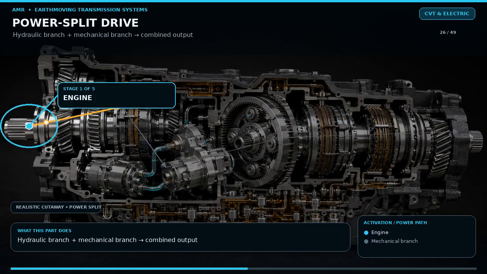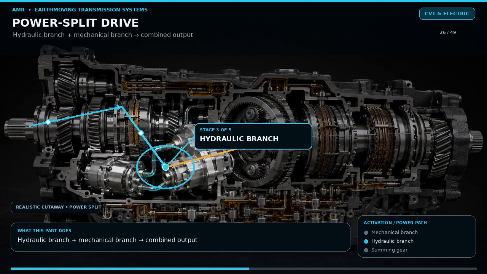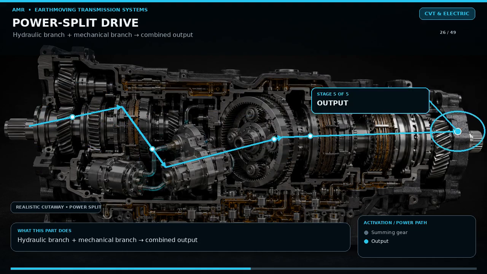A power split driveline sends engine power along two parallel routes. One route is mechanical through gears. The other route is hydrostatic through a variable pump and motor. A planetary or summing gear combines the two at the output. At low speed, the hydrostatic branch provides precise control and high tractive effort. As speed rises,